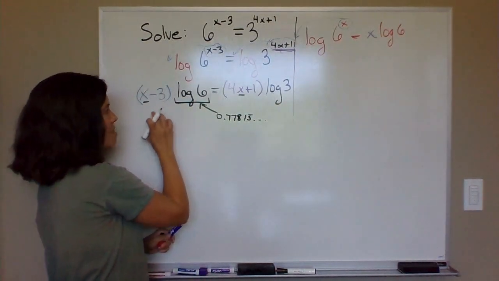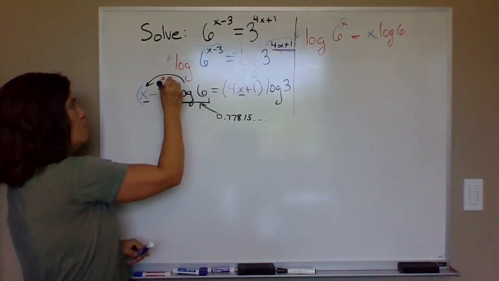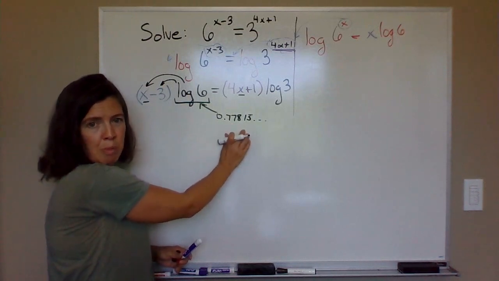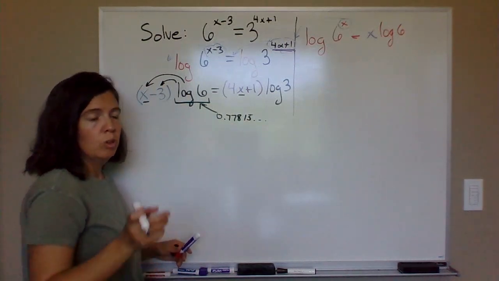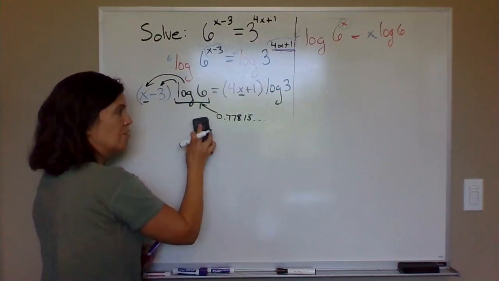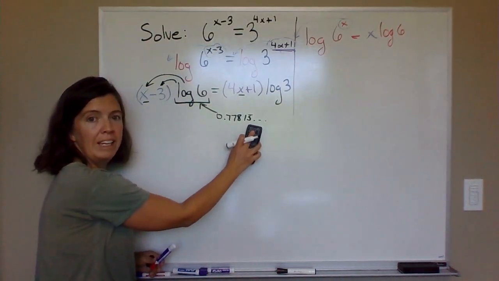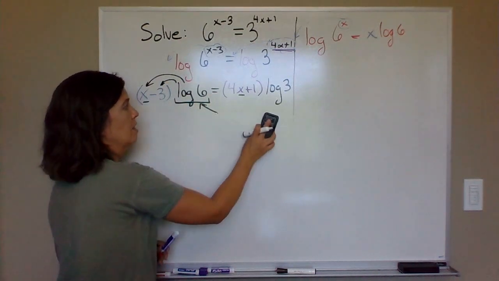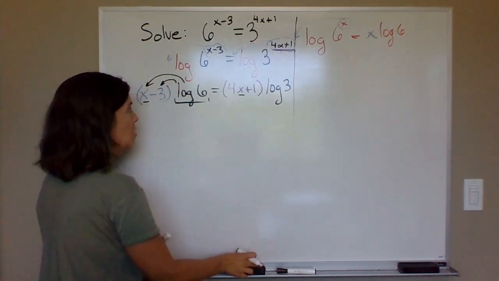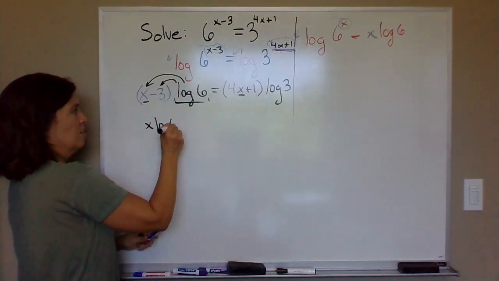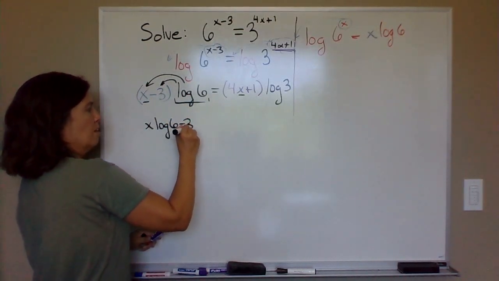So you have a number times x minus 3. I want to distribute that number. Now, we don't really want to use the decimal approximation until we have to. So it's better to write this as just log of 6, because whatever you write here, it's going to be rounded off at some point. So it's not going to be 100% accurate. So instead, just distribute log of 6. So we have x times log of 6 minus 3 times log of 6